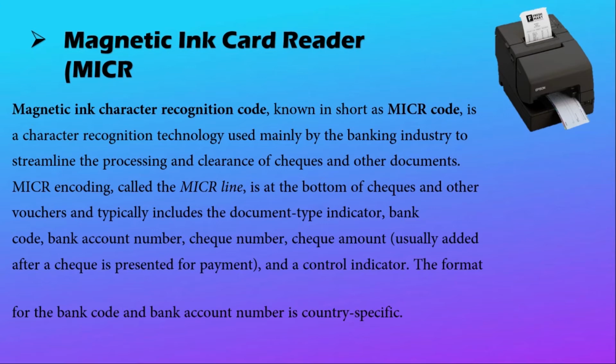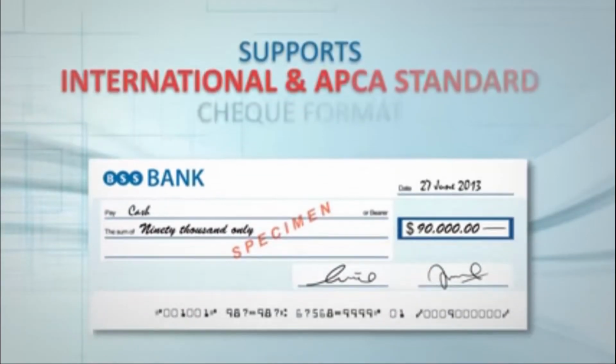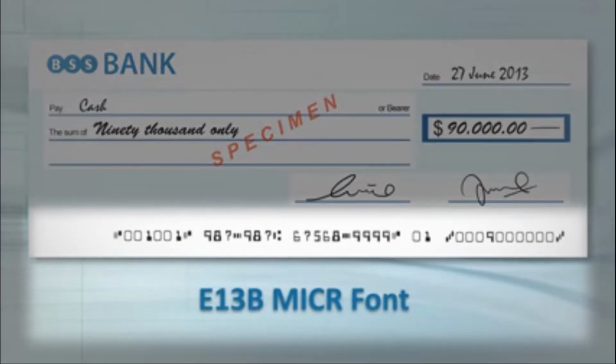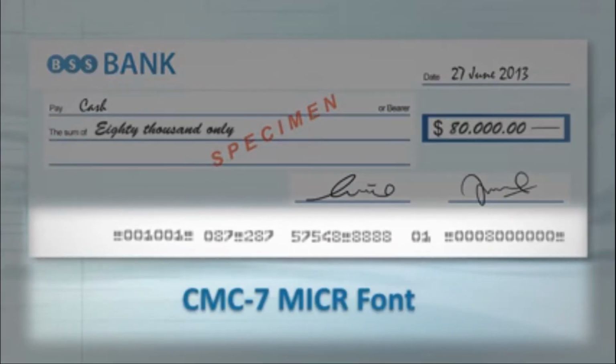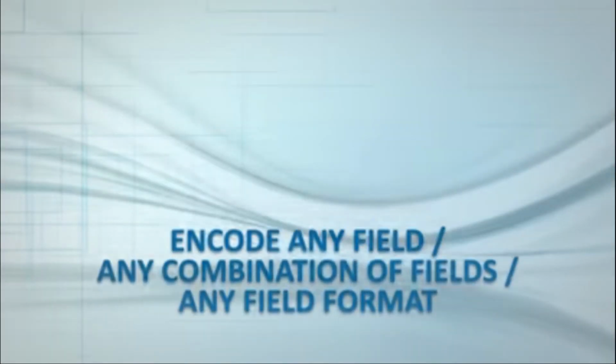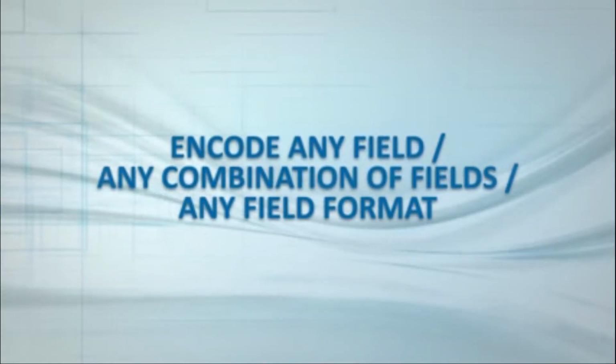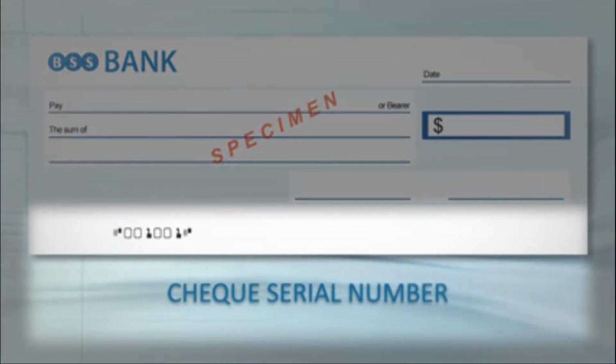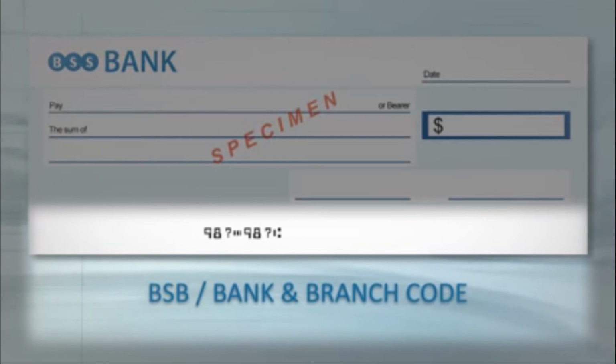The short of this is that sometimes when we go to a shop, there is a barcode reader, which I will describe in detail in the next slide. When we read the QR code, it is written on the payment computer. So it is just like a printer which prints the amount, the bank account number, or the check amount. So it is very simple. In every shop we can see this magnetic ink card reader.